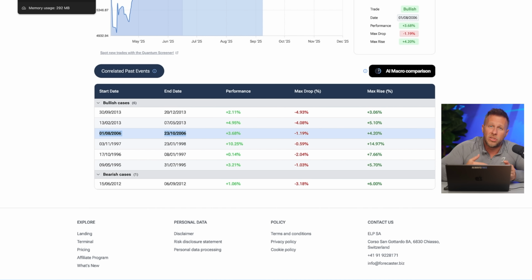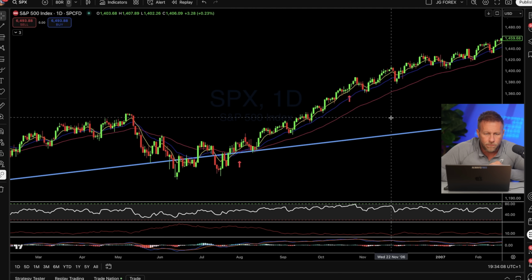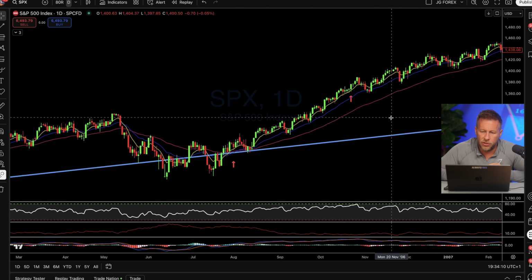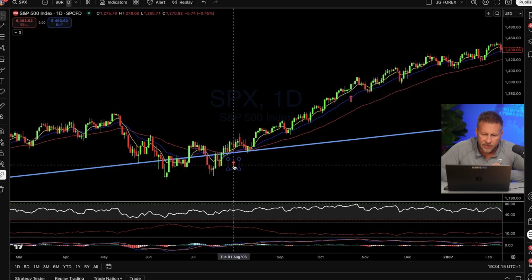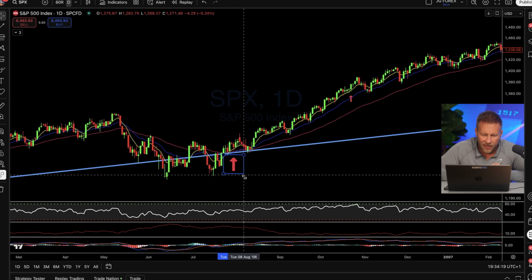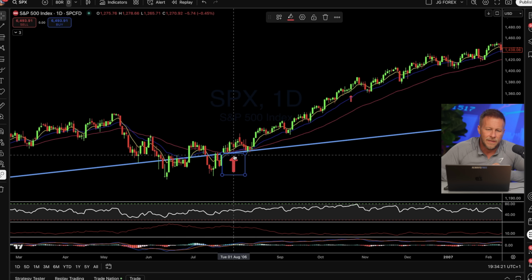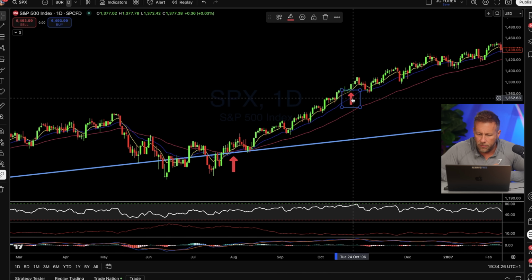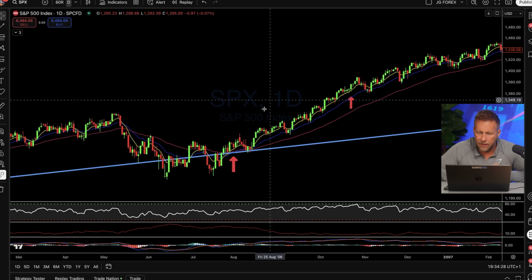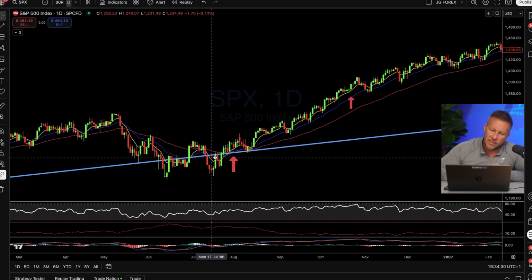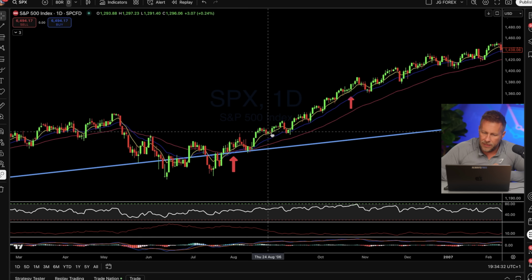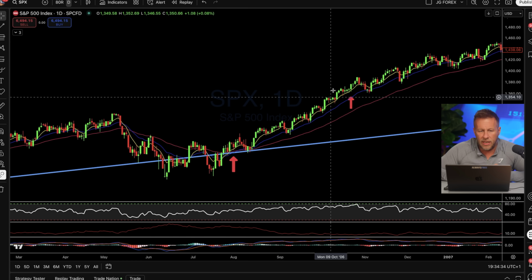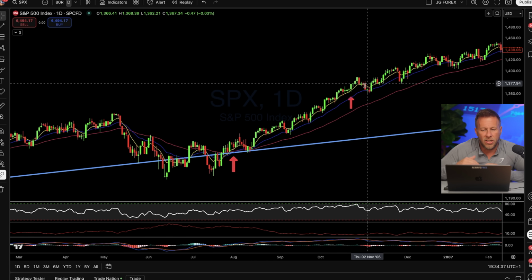So if we go over to the chart now, I'm just going to pull up the S&P 500 on TradingView. You can see the 1st of August, which is here, right? So we go back to the 1st of August, somewhere around this area here, okay? And the end of October, which I think it said was the 23rd of October, is going to be here, right? Right here. You can see that it went up, dipped down, and we kind of had this nice upward trending, nice harmonic move.